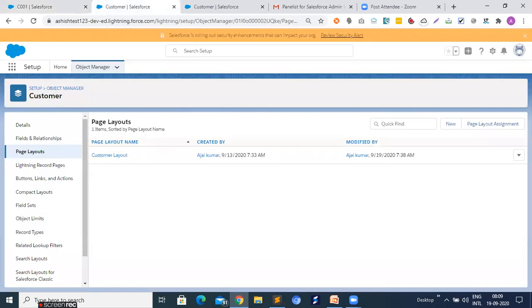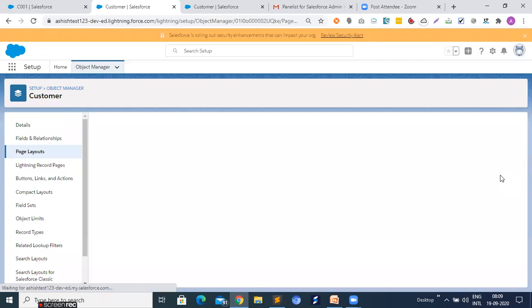So now you are able to understand. By clicking on edit, you can edit the layout of the page, right? Similarly, if you want to make any particular field read only or required, you can set it from here. For that, just click on the page layout and open your layout in editable format. And then you just double click on the field which you want to be maybe read only or maybe required, and just set the setting.